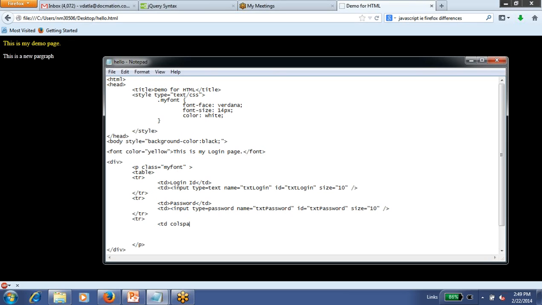You can merge multiple columns using this attribute called colspan. So in this case, I'm saying that this cell is going to span 2 columns, and it is going to just contain a button called